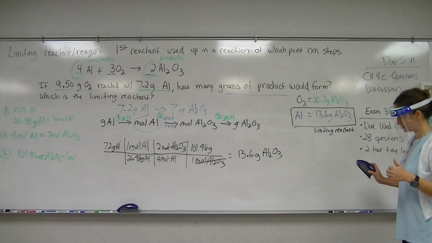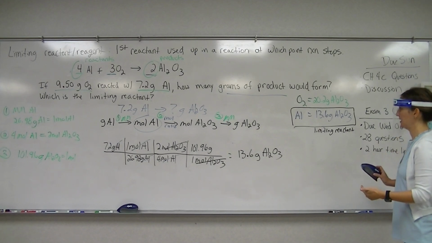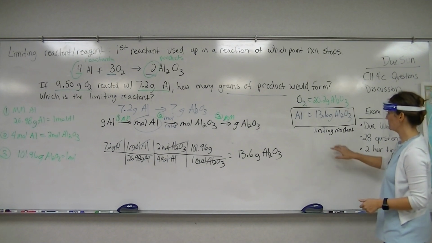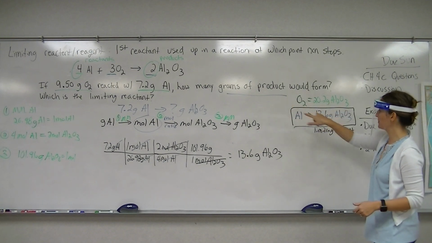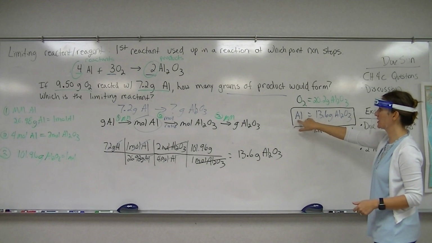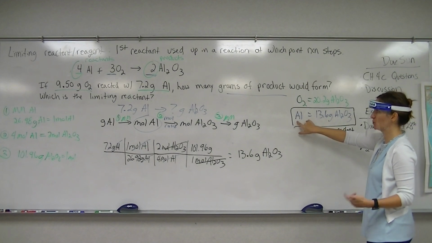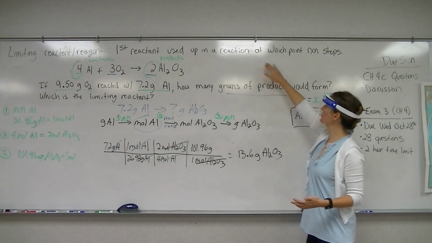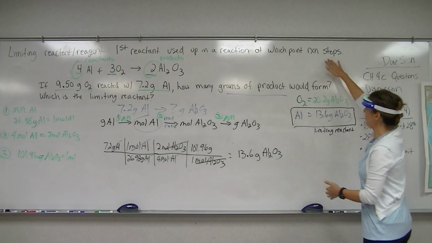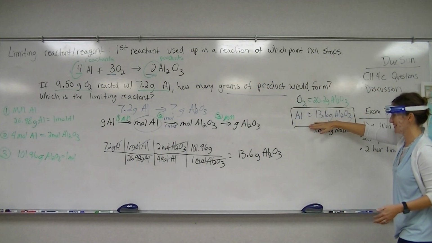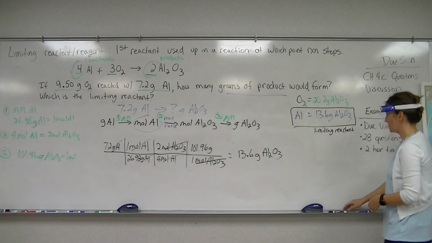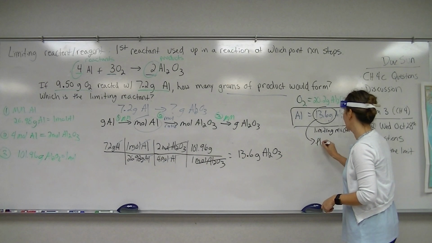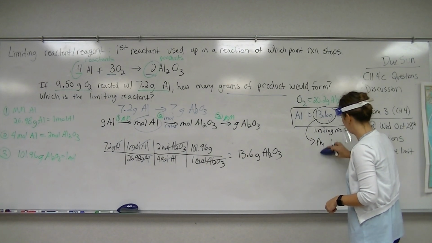So, to bring in the last topic, this 13.6 grams that we just figured out, that's how many grams of product would form due to the limiting reactant, aluminum. Since aluminum is going to be the first reactant used up, the reaction is going to stop once that 13.6 grams is made. This 13.6 grams, this is called our theoretical